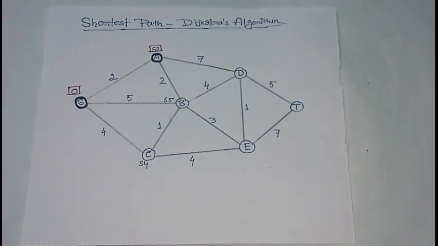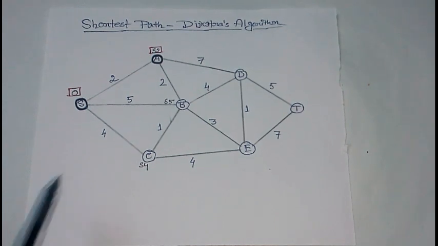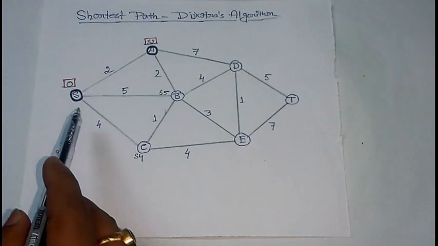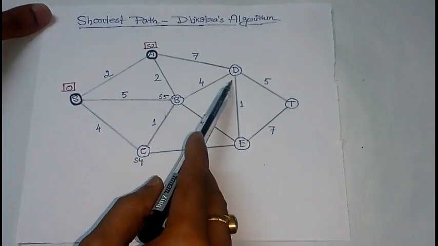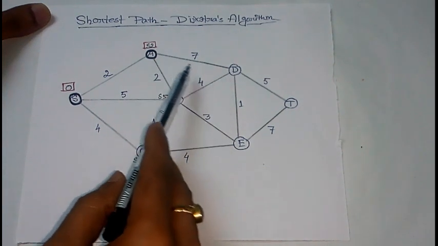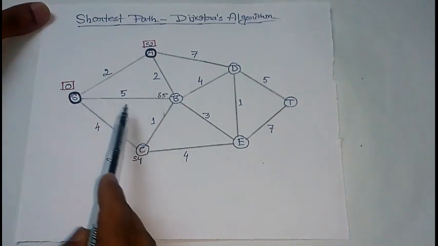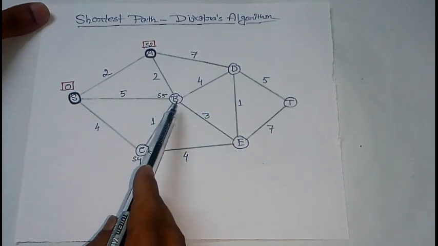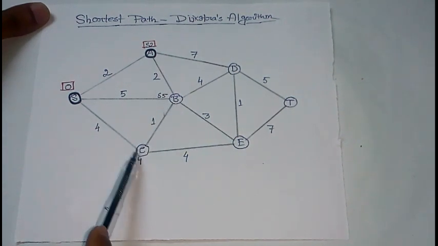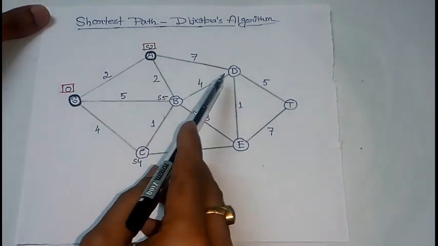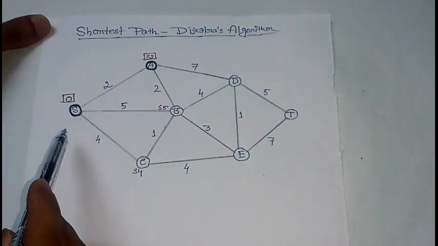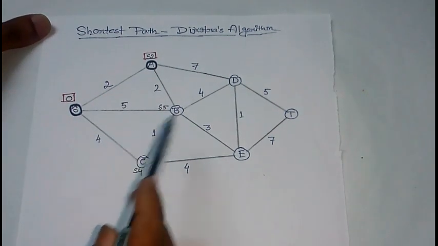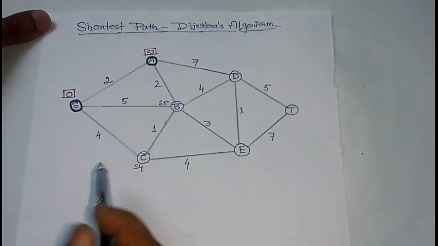In the next step, we shall consider all the vertices which are adjacent to these two selected vertices. Here you see that there are two vertices B and D which are adjacent to A apart from S, and there are two more vertices B and C which are adjacent to S. So actually there are three vertices D, B, C which are adjacent to either A or S. So we shall compute the distances of these vertices from the selected vertices.